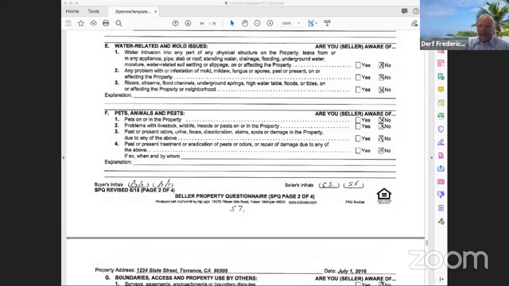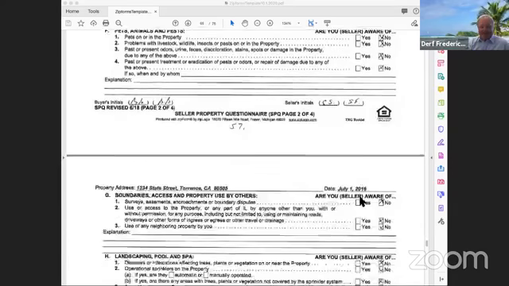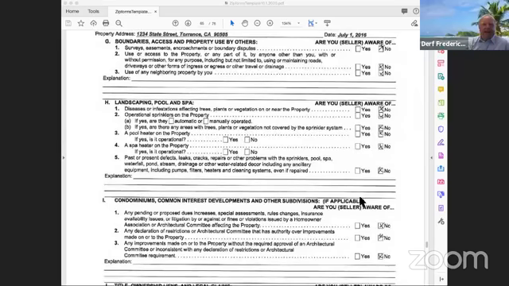And whether or not you have to disclose about hamsters or goldfish, I guess is subjective as to whether you think that's material or not. So I would disclose all pets that I was aware of personally. Okay, so next page. Boundaries, anyone that is using your property. Square footage advisory. Oh yeah,